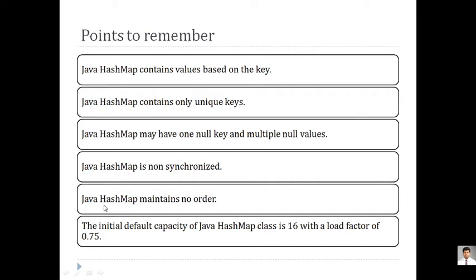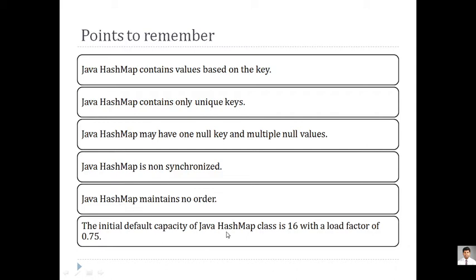Then, in Java, the hash map maintains no order. The way we have added the elements, it will never maintain. Whereas when we go for the tree map, it will show the elements in ascending order. So there is no way of getting a 100% output in the same sequence that you have added. It is somewhat different, so you will get an unexpected output whenever you go for the hash map.